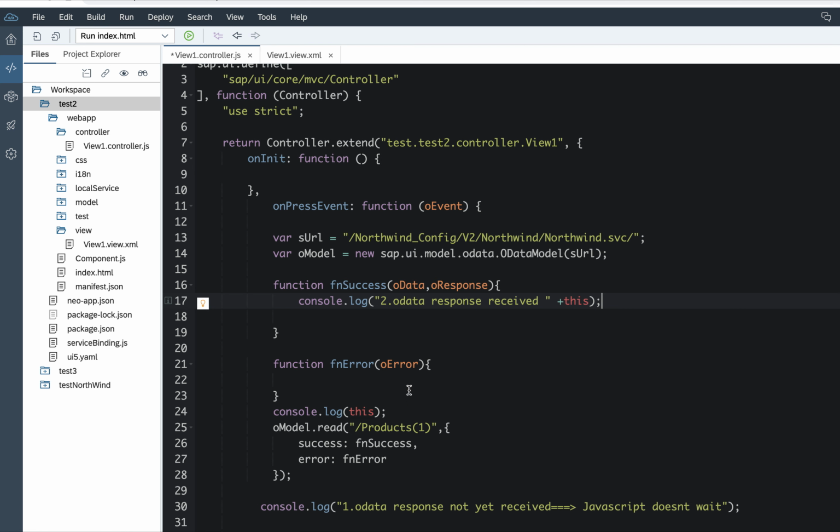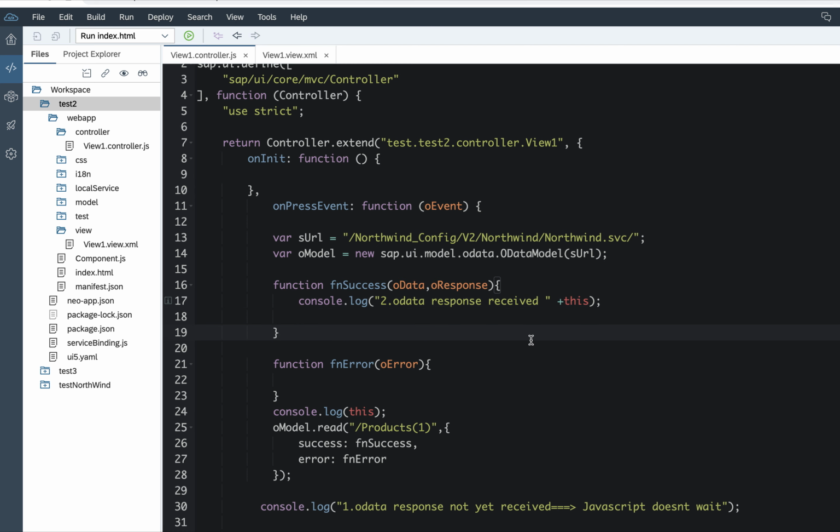So let's save this and let's run this application. Basically, if you try to access this object inside the callback function of the OData method call, this object will not be in scope.